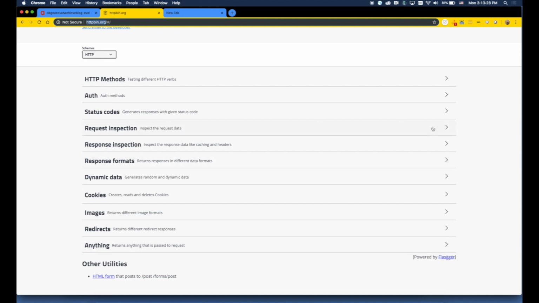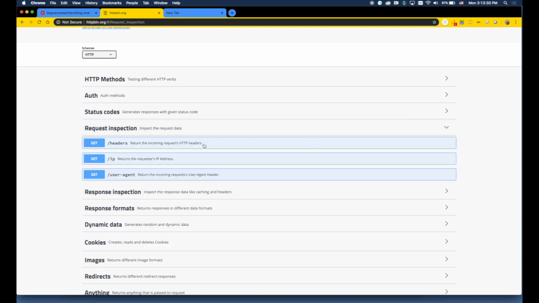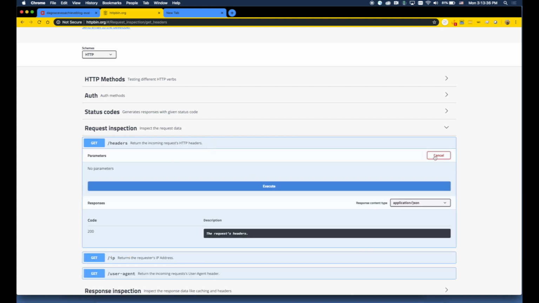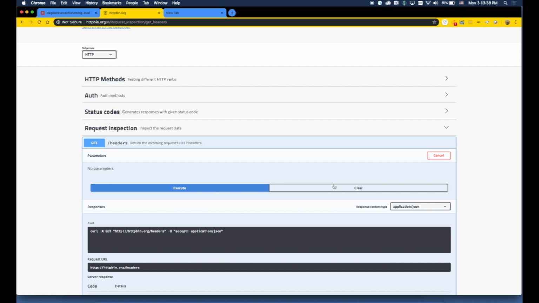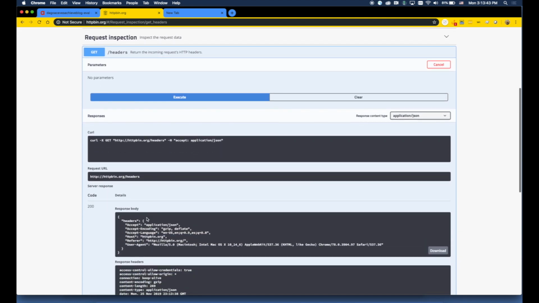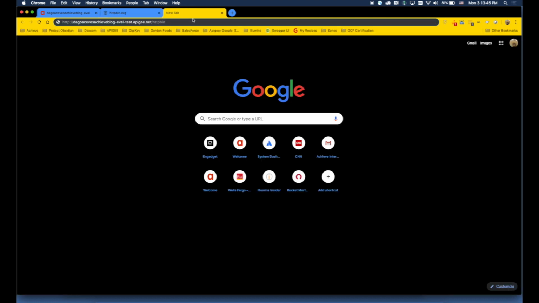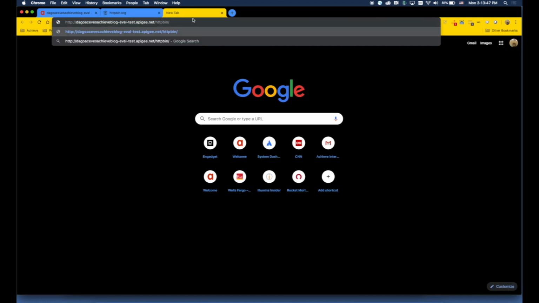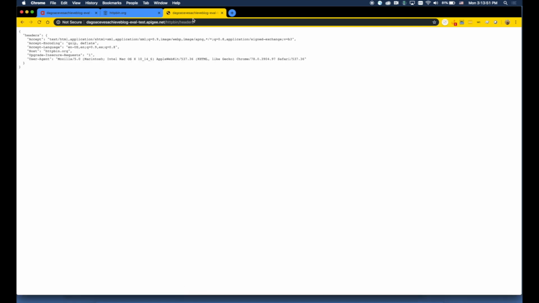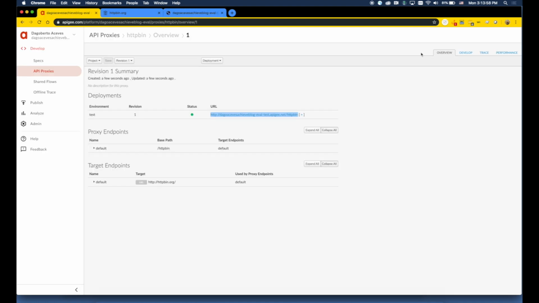Let's look at request inspection. This says if you go to httpbin.org/headers, it will return the headers that have been sent. Let's go ahead and go there now. There you go. If we come back to the proxy, click on trace,